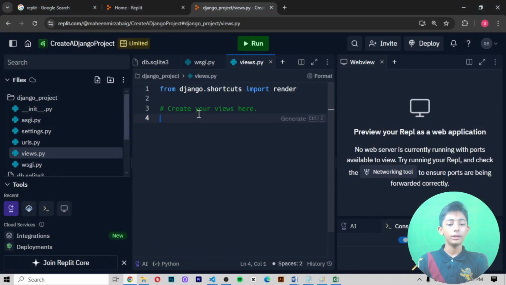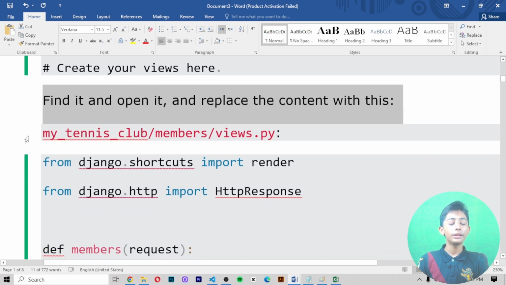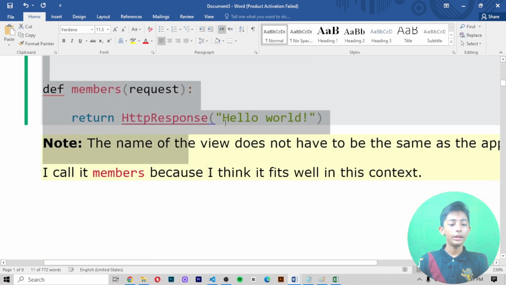Here you can see it: from django.shortcuts import render. Find it, open it and replace the content with this content.